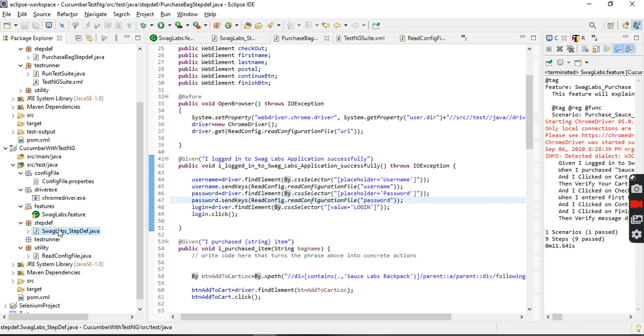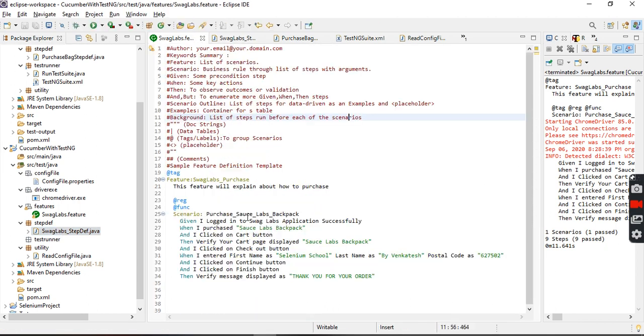Okay, just go here. Okay, what is the statement saying actually? When I purchased this one. Okay, I go a little bit slow, no need to worry.